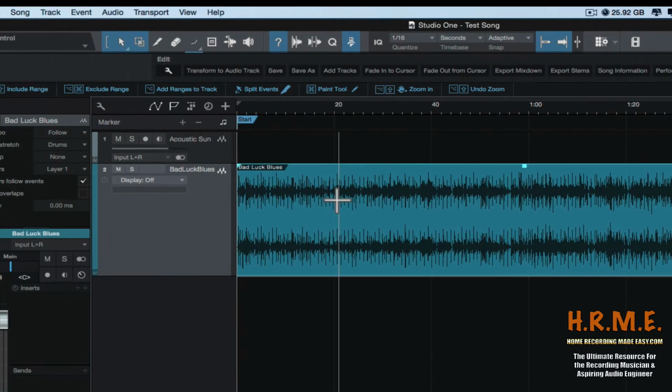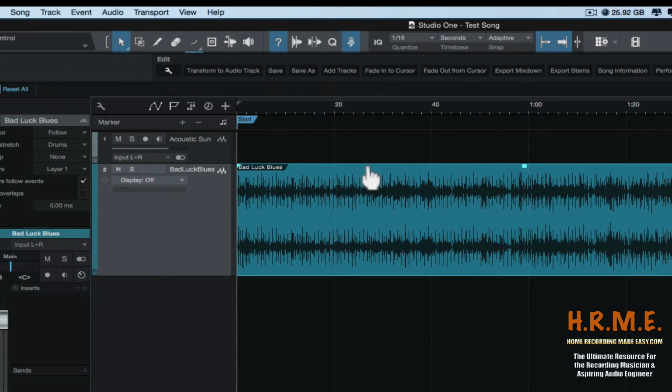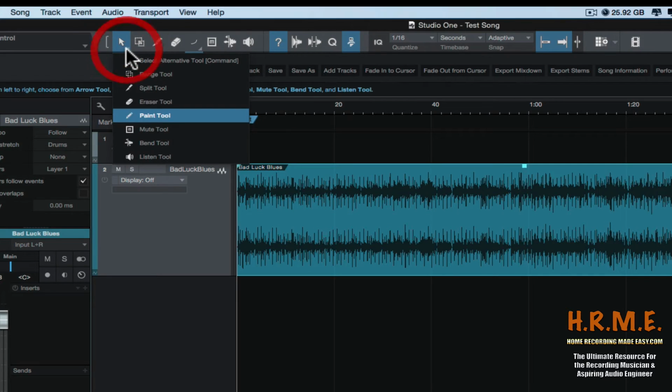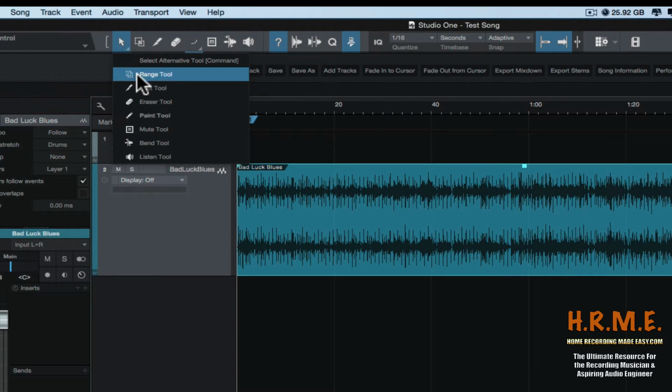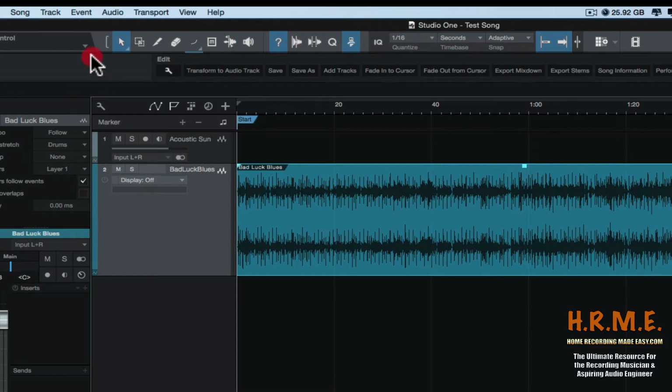Now, if you want to turn that off, if that's a little too confusing and you just want to do things manually, you can always click on this bracket, and now what you have available to you is the arrow tool. As you can see, it stays the arrow tool regardless of where you hover over the event. And if you want to change the tool, you can drop down this arrow, and you can change it from this list here. If you want the range, split, eraser, paint tool, mute tool, so on and so forth. Or you can just go over here and you can see those same tools to the right of the arrow tool. Or you can just use your hotkeys or your shortcuts,